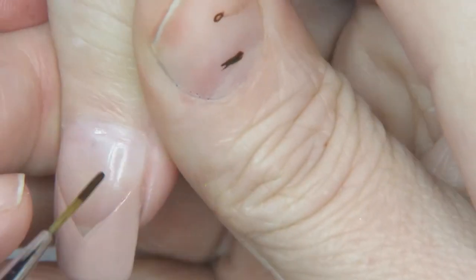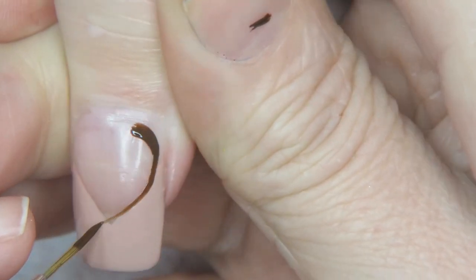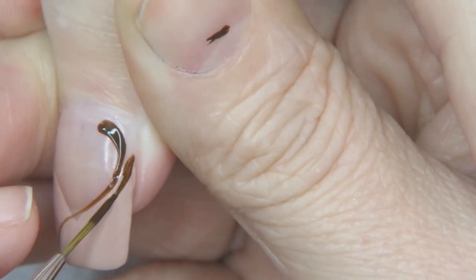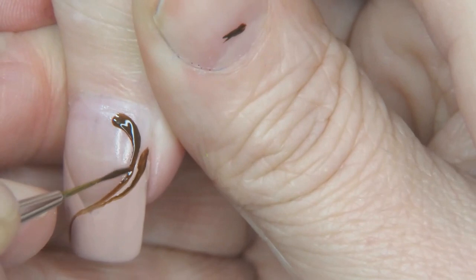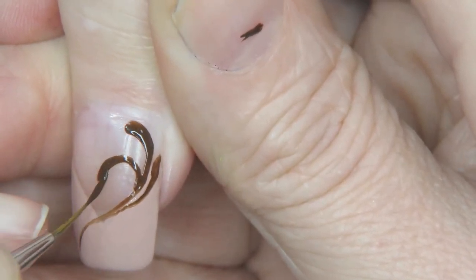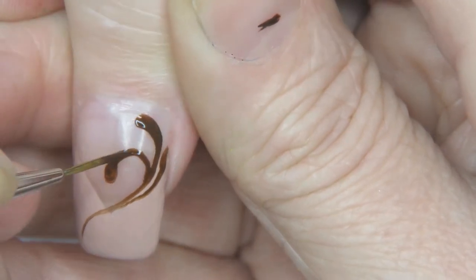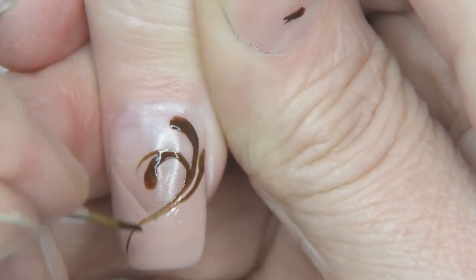Okay, so I'm gonna push, pull up and around, push, pull up, and then push, push, and then